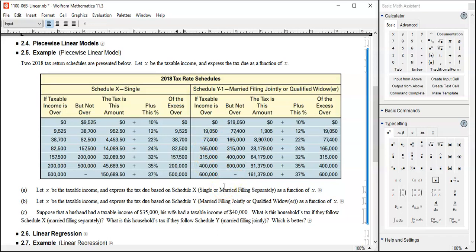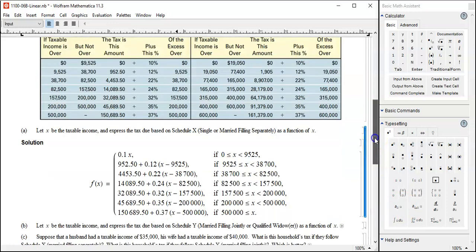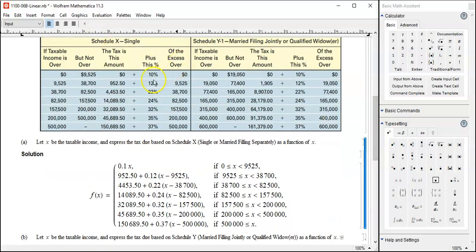Okay, let's answer these problems. Let X be the taxable income and express the tax due based on Schedule X for singles here. Just rewriting everything, you see. Tax rate here is the average rate of change for that interval. So that's the slope. And then actually I'm using the slope point equation. You see, if you're making precisely 9,525